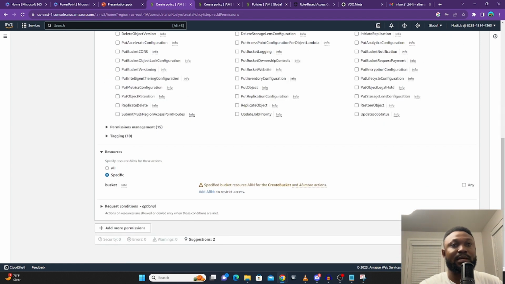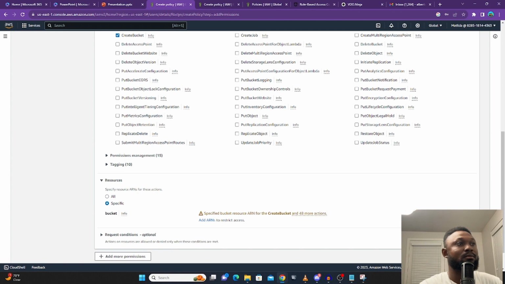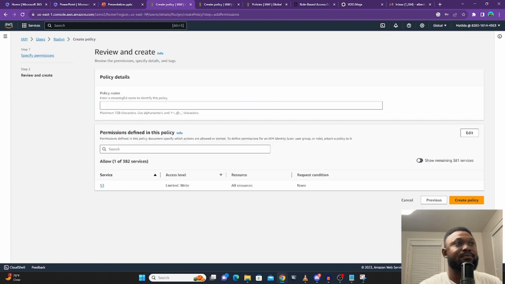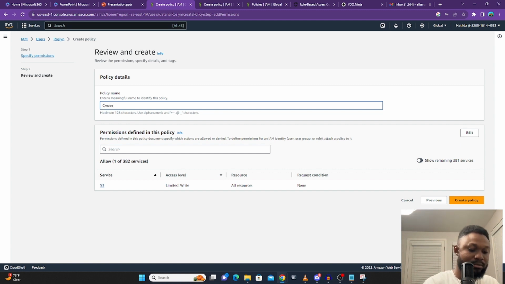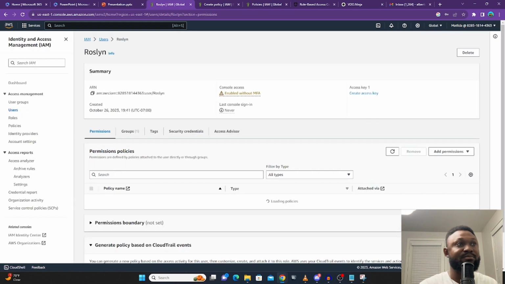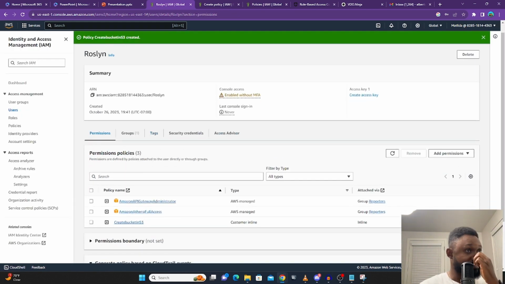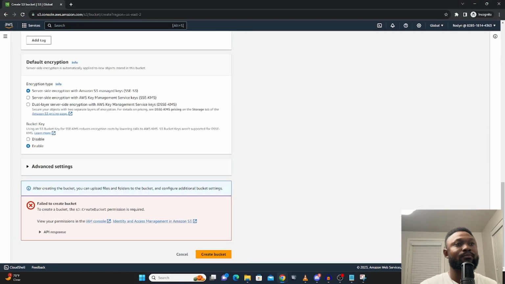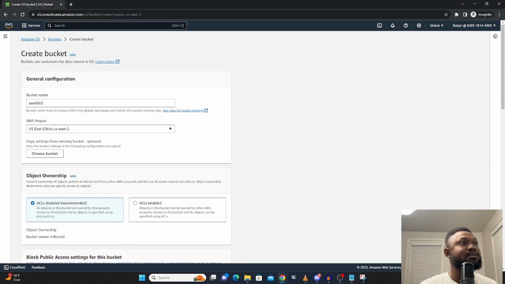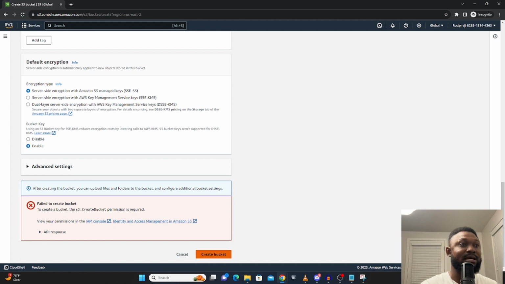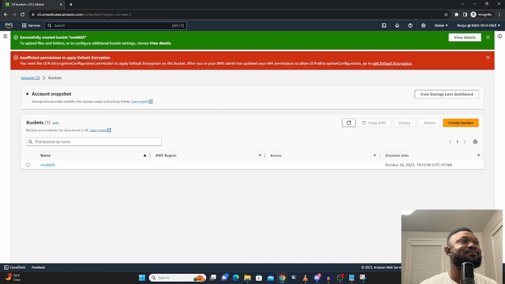All right. So go ahead and click next, resources, and then click next, and it's going to be create bucket in S3. All right. To create this policy, now she has this permission here, create bucket in S3. Now let's go back to her account, and then let's see if this is going to work. Definitely it has to work. But yes,